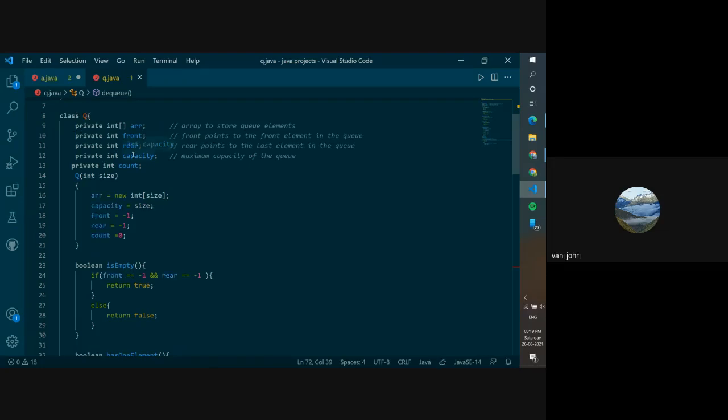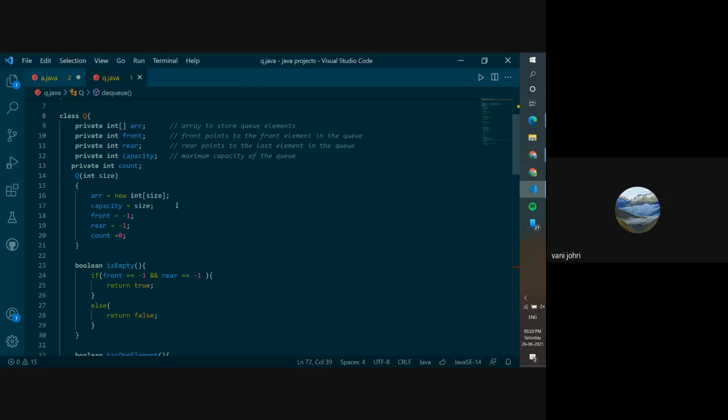It's similar to stack, how we code it for stack. We have an array which will store the Q elements. We have the front and the rear, which are your pointers. This will be your front end, this will be your rear end. Then we have the capacity, which is the maximum size of the queue. And then we have this count, which will keep track of how many elements are present in your queue at the moment.